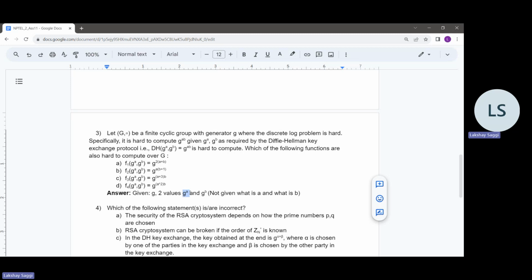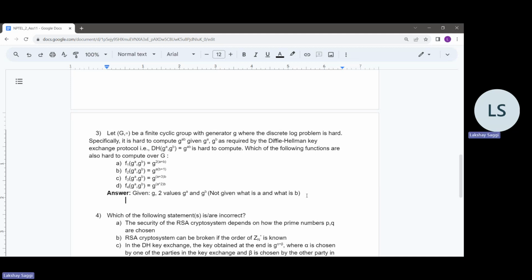And this problem is hard. So we are not given what A is and what B is, and if we were able to find out what they are, that would be solving the discrete log problem. Essentially, the question says that we are given these values and now